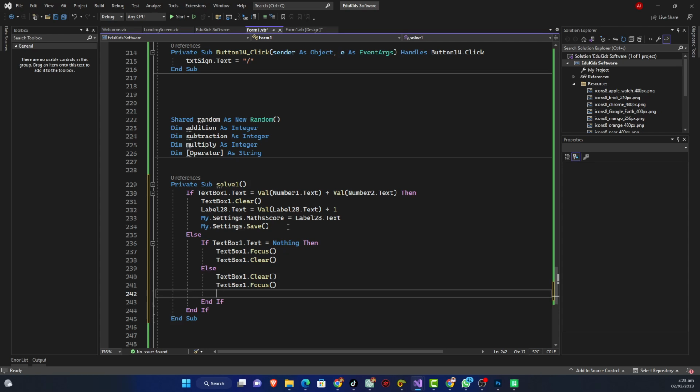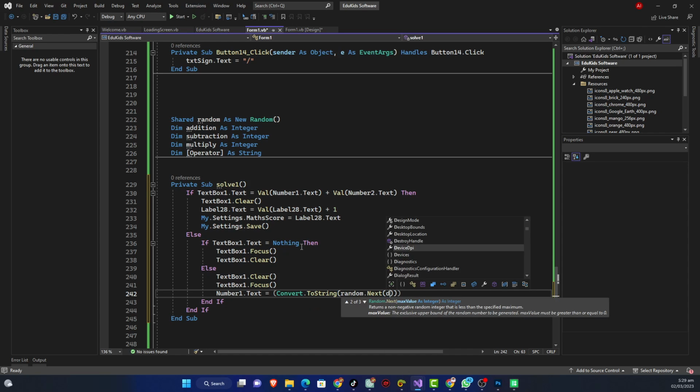we would like to add a new random number, right? We will like to add a new random number. So all we're going to say is number one dot text should be now equal to a new random number. So I want us to make it very, very simple. So we're going to use convert for this section. Convert dot to string. So we are converting to string, and here we are using random dot next, and inside the next is going to be